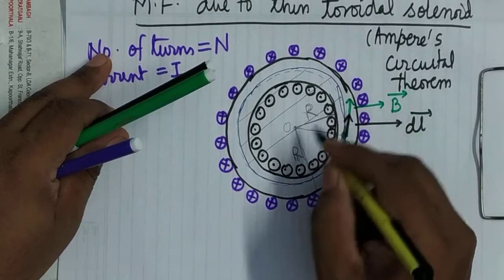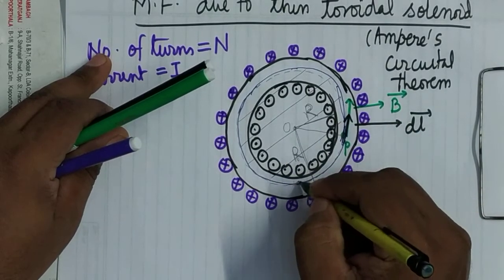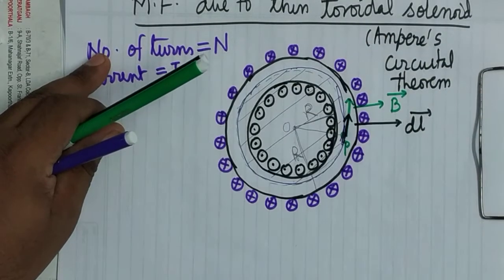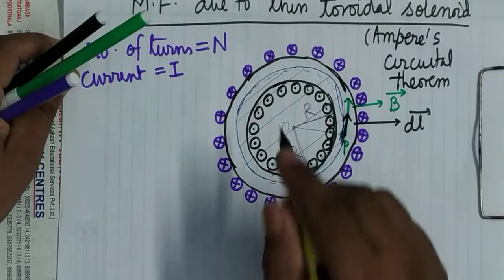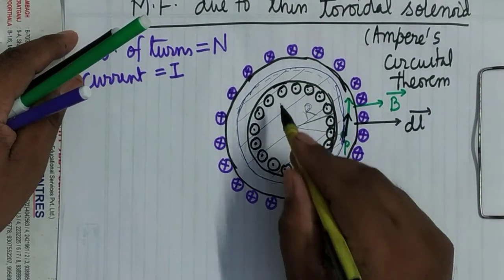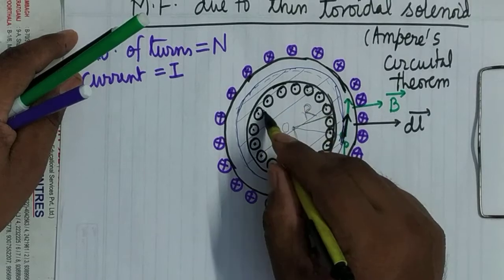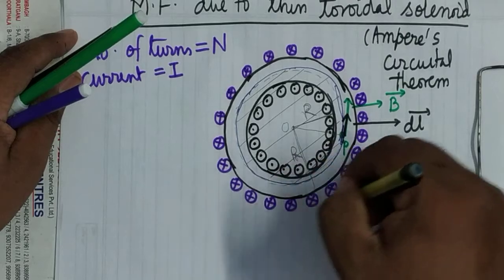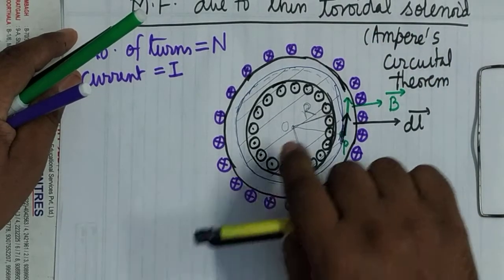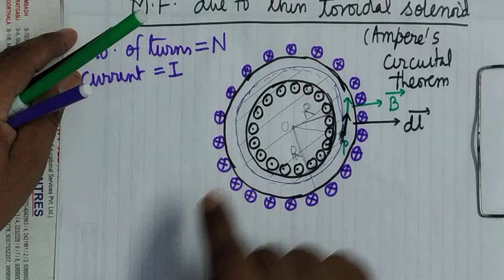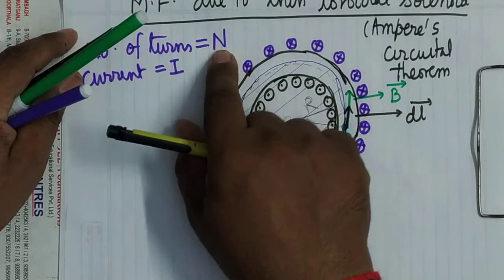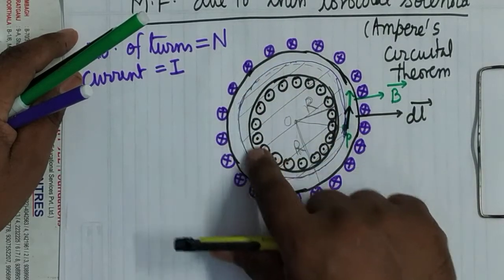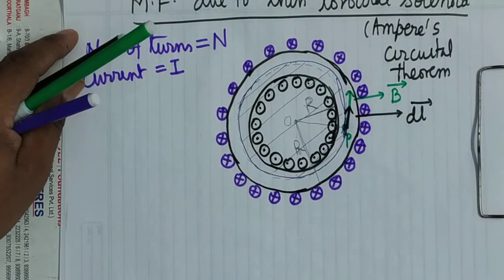This space is enclosed by the toroidal solenoid. Now, how many ampere turns? The area is lying on the plane of paper. How many current turns are penetrating this area? The ones on the inner side are penetrating this area. But the current turns lying outside this area are not penetrating. So how many are they in number? Capital N.